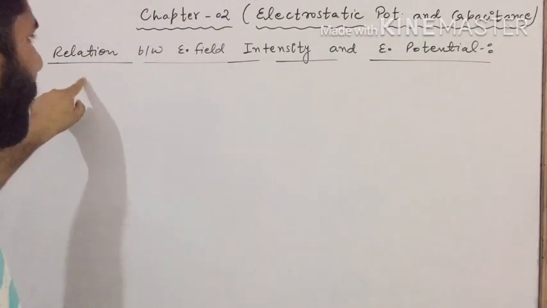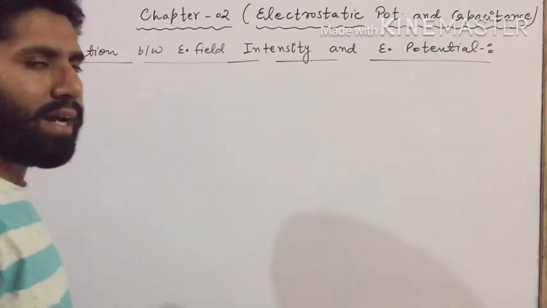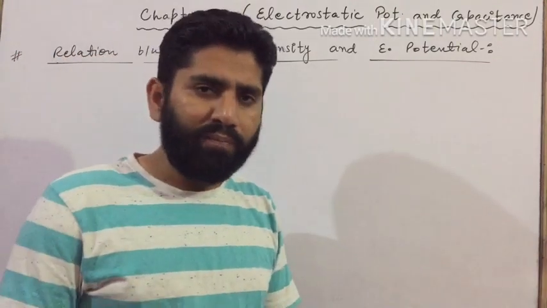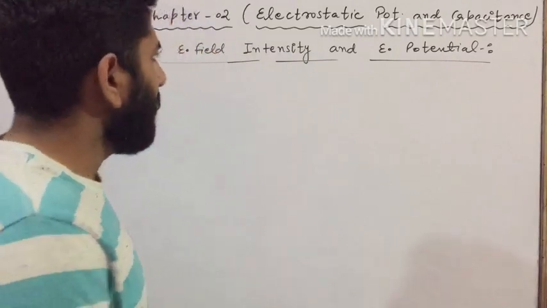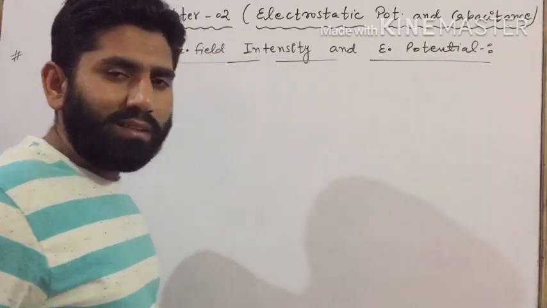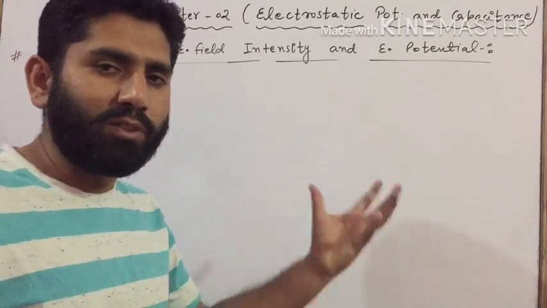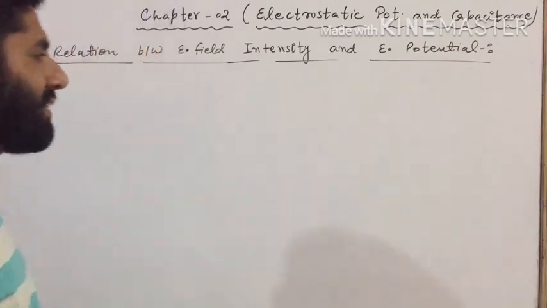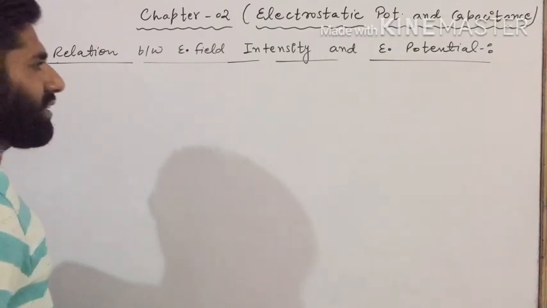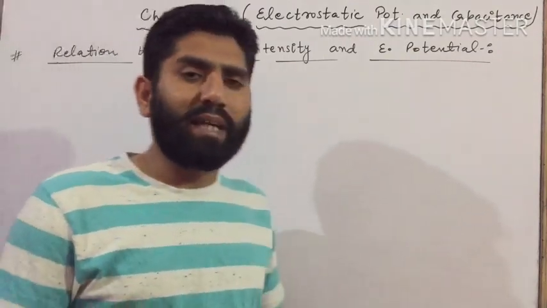We have to find out the relation between electric field intensity and electric potential. Okay. And one more thing is that electric field intensity is a vector while this potential is a scalar. So how can we relate them? You will also understand. Okay. So let us start. So to find out the relation, because both of them are representing some electric field,